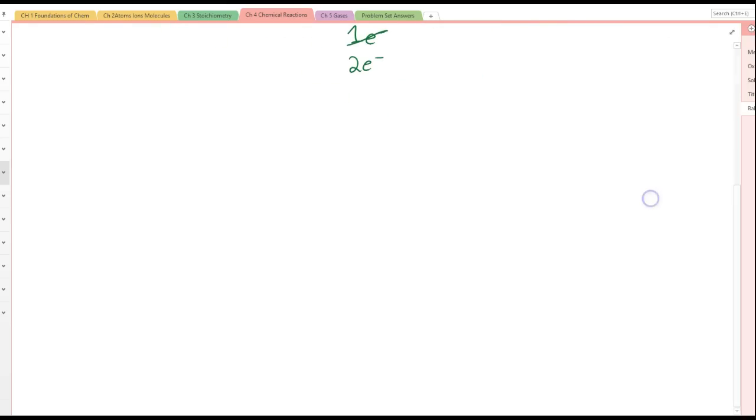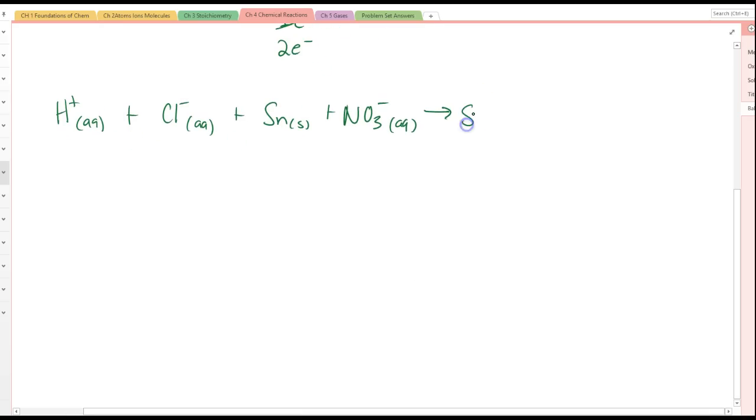Let's do another example from the book. So we have aqueous hydrogen ion plus aqueous chloride ion plus a solid tin plus nitrate ion yielding SnCl6 2- ion plus nitrogen dioxide gas,